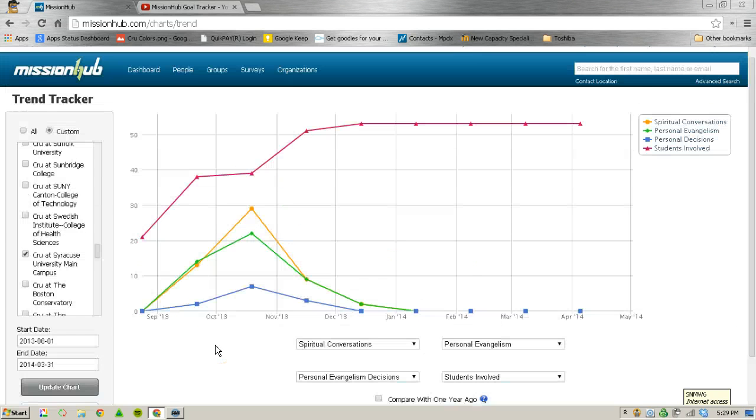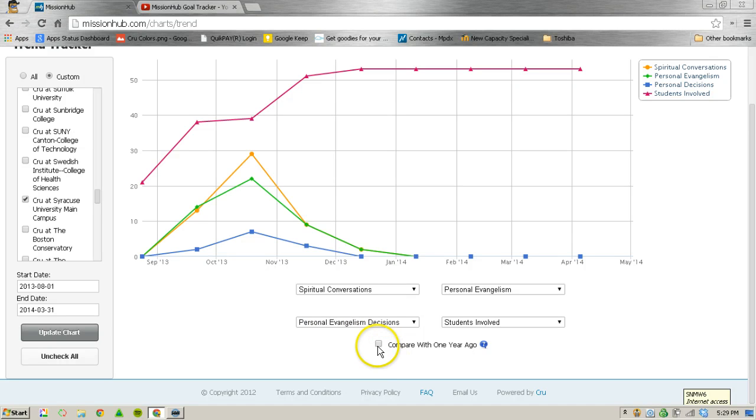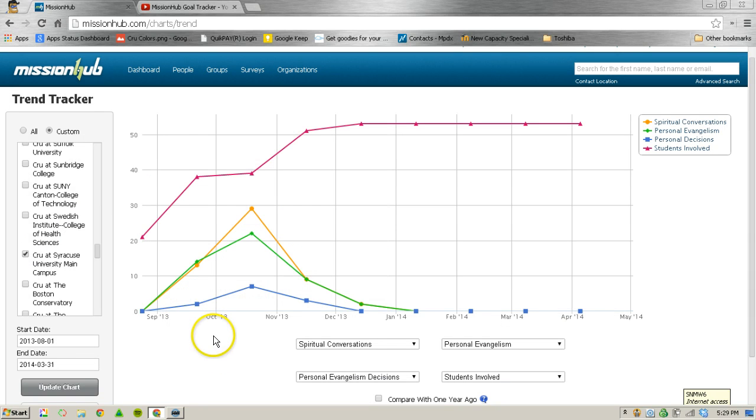Now, one thing I can't do is compare with a year ago. You can click compare with 1 year ago, but nobody was using MissionHub at Syracuse more than a year ago because it hadn't been rolled out and no one was trained.